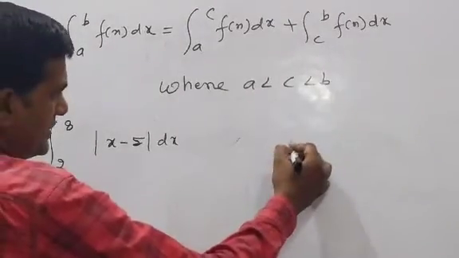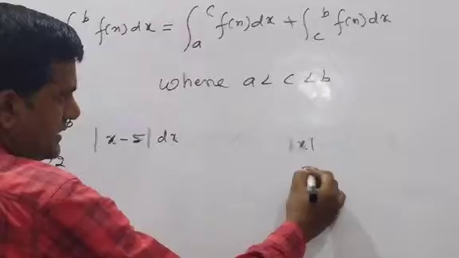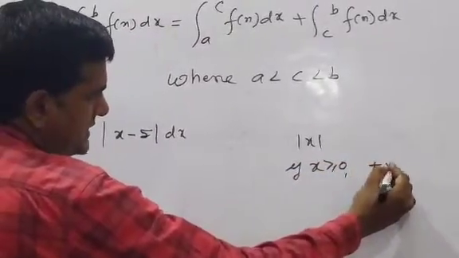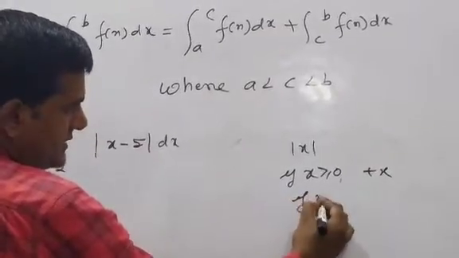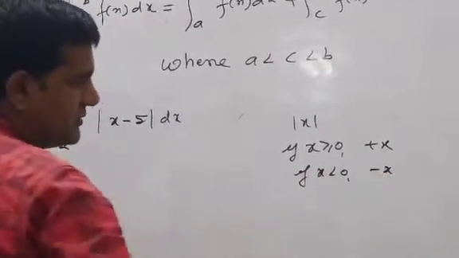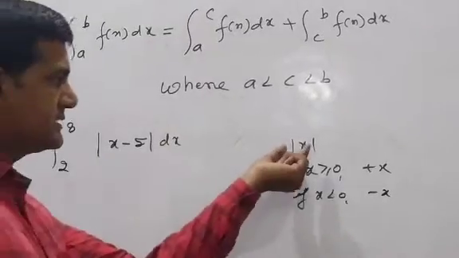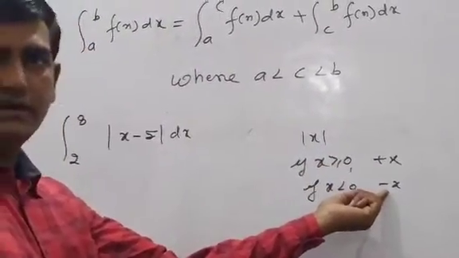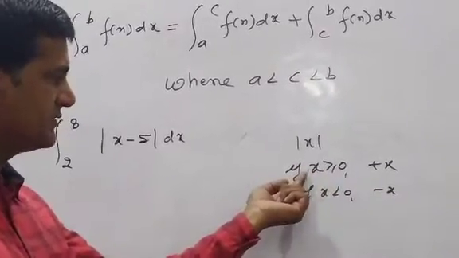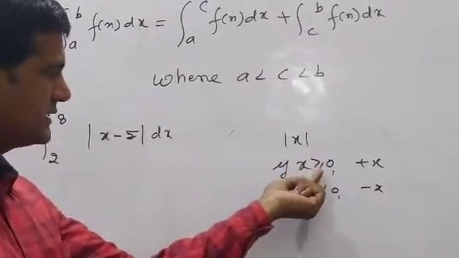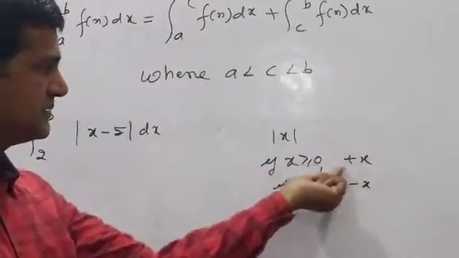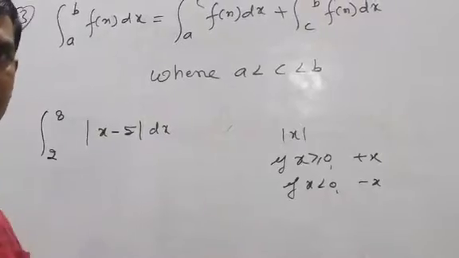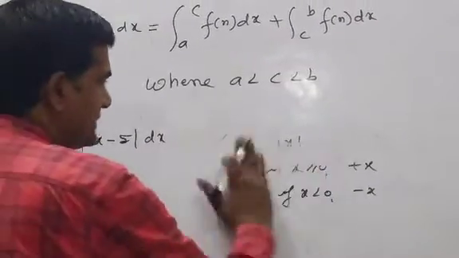You already know the mod. If x is greater than or equal to 0, this is a positive value, and if x is less than 0, this is a negative value. Then this mod has two types of value, positive and negative, according to the condition. Any problem? Good. Now here